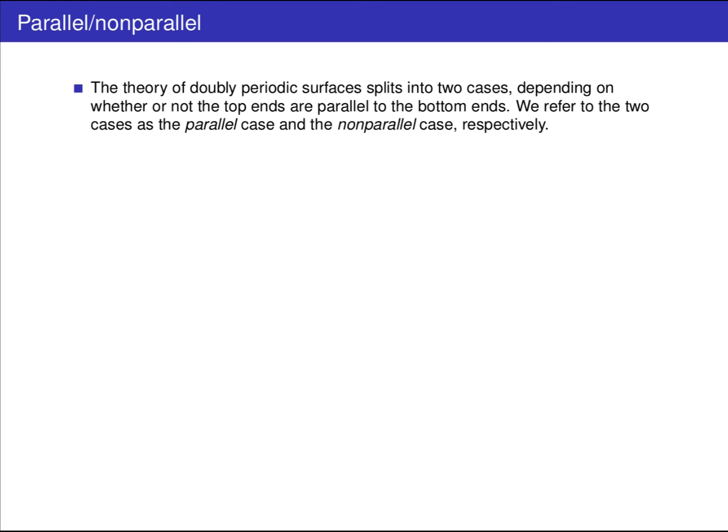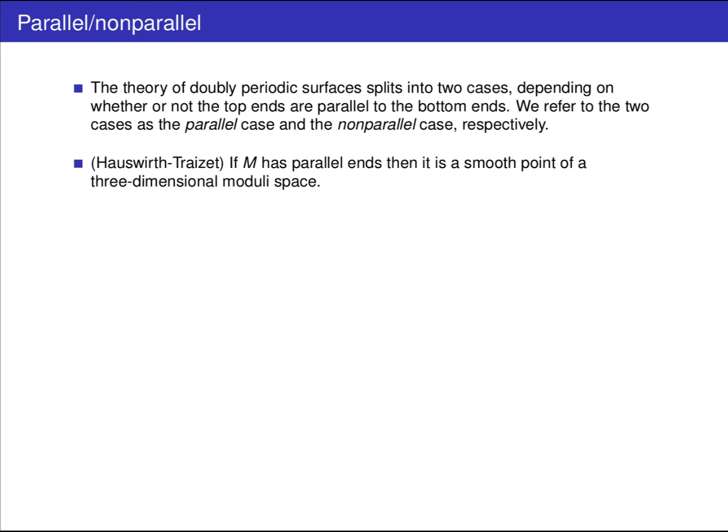The theory of doubly periodic surfaces splits into two cases depending on whether the top ends are parallel to the bottom ends. We refer to the two cases as the parallel case and the non-parallel case respectively. Due to some work by Hauswirth and Trizet, if M has parallel ends, then it's a smooth point of a